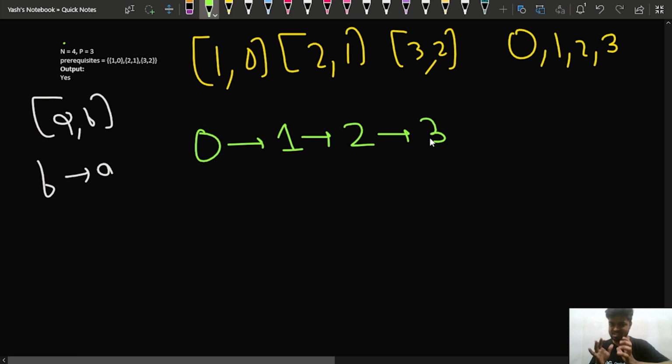This is the diagram for this particular problem. But how would you resolve it? You will say that first of all, we'll have the 0, right? 0th